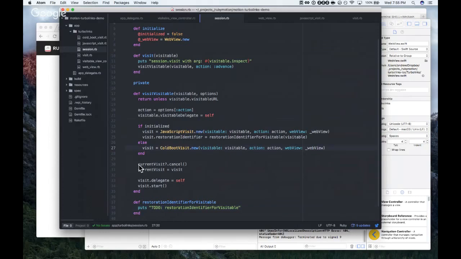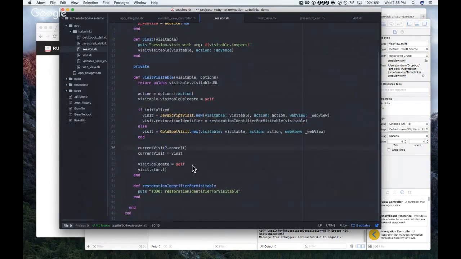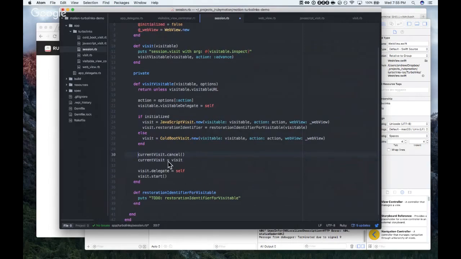Now current visit, something else. So current visit equals visit. Oh, if we have a current visit, then call cancel, and then replace our current visit with visit. So yeah. Current visit dot cancel if current visit.